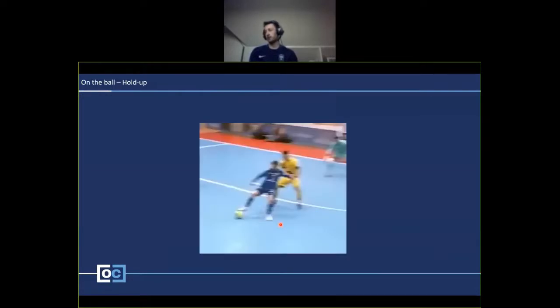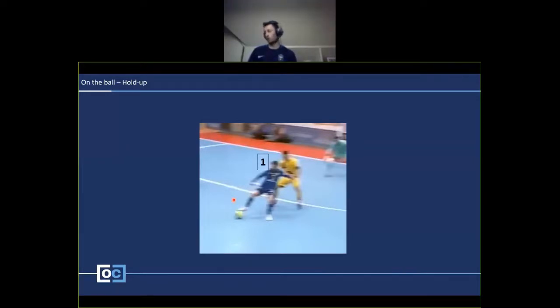But the key thing to highlight, and I hope this comes through on whatever monitor or screen you're looking at, is that we've got a player and he is holding the ball up. How is he doing that, you might be thinking? So the first one is he's got his head up. So he's obviously taking the off the ball stuff to one side. He's actually got on the ball now.